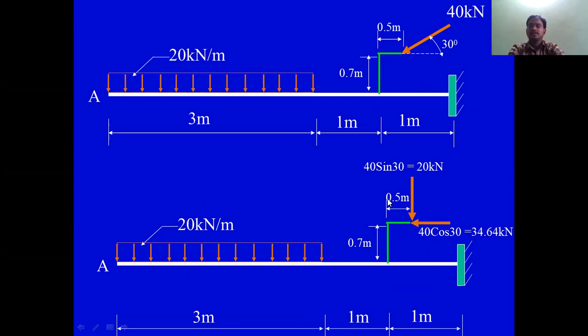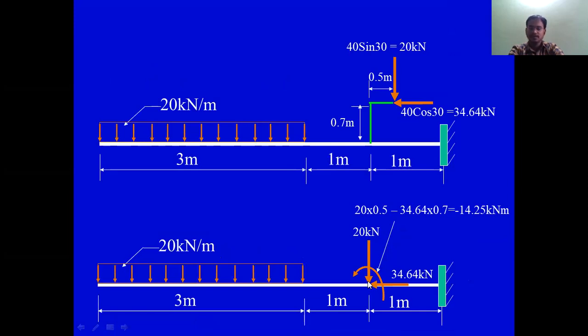Then we introduce the forces here, which will induce a couple effect at this point. See what is happening at this point. So this is the final stage. Next, this movement direction is different. It is not like this. The movement direction should be clockwise, not anti-clockwise.